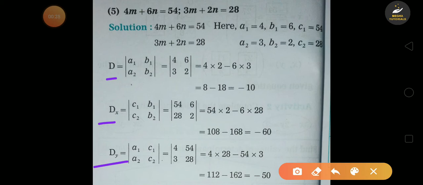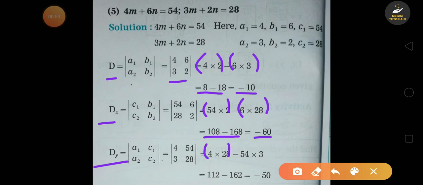Then we will put the values of d, that is 4 3 6 2. So we will get 4 into 2 minus 6 into 3, that is 8 minus 18 is equal to minus 10. Then for dx, values are 54 28 6 2. So 54 into 2 minus 6 into 28, which is 108 minus 168. It is equal to minus 60. Then for dy, 4, 3, 54, 28. So 4 into 28 minus 54 into 3, which is 112 minus 162 is equal to